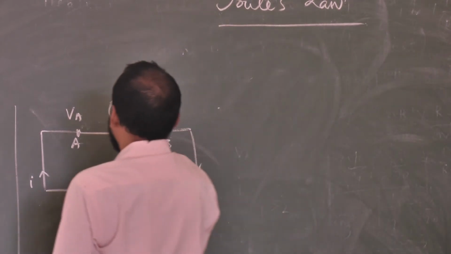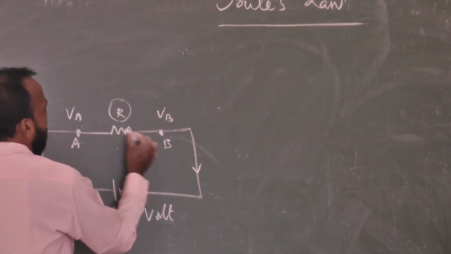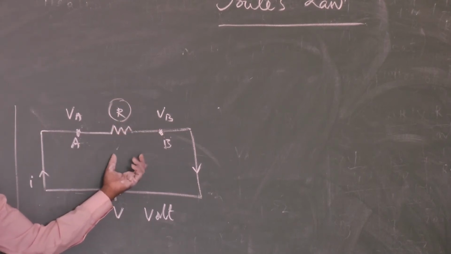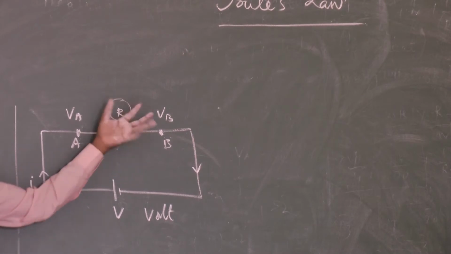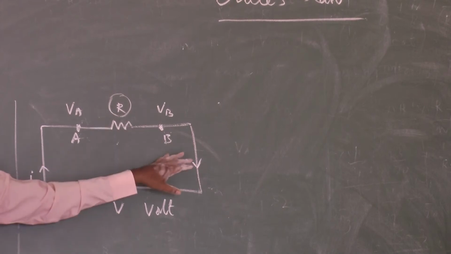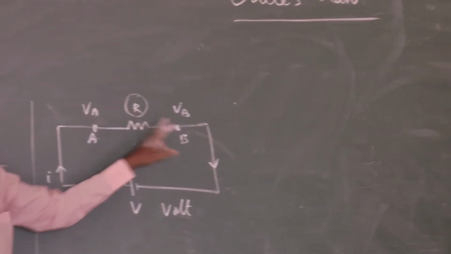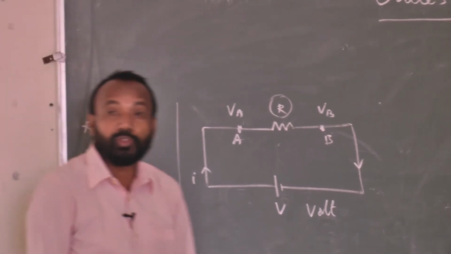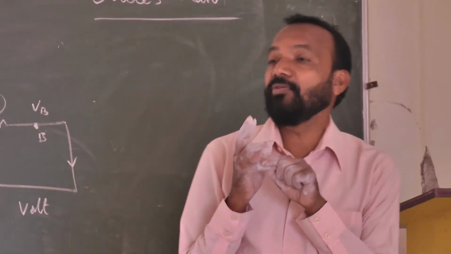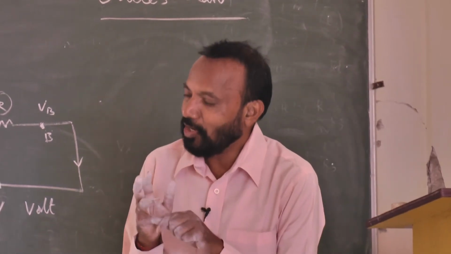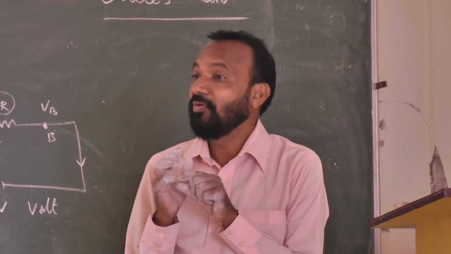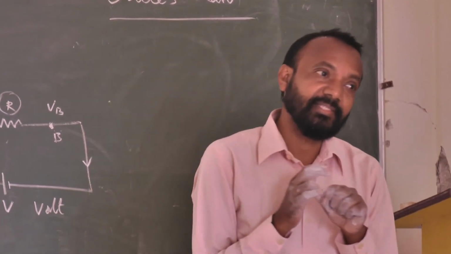Okay. Suppose I amount of current is passing through this, that means what? This is Joule's law of electric current. It is passing through a resistor, then Joule's law of resistance, and it takes some time. Suppose the current is passing from A terminal to B terminal, so it takes some time. So, Joule's law of heating effect deals with three laws: law of current, law of resistance, and law of time period.